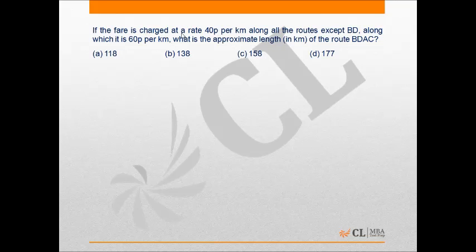In the next question it is given that fare is charged at a rate 40 paise per kilometer along all the routes except B to D, along which it is 60 paise per kilometer. What is the approximate length of the route BDAC? Fare along the route BD is 60 and